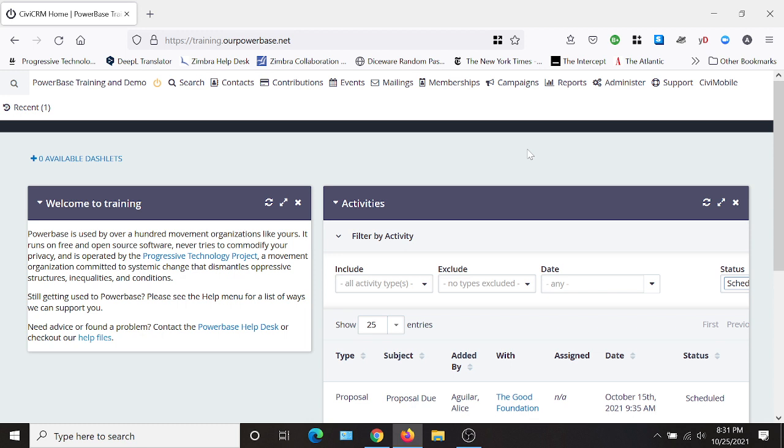So the scenario we will use today is we will create a helpline or a hotline web form where folks can submit information about the kind of assistance they may need, which could be like legal assistance, financial assistance, whatever that assistance is. So to get started, before you create the web form, you need to make sure that